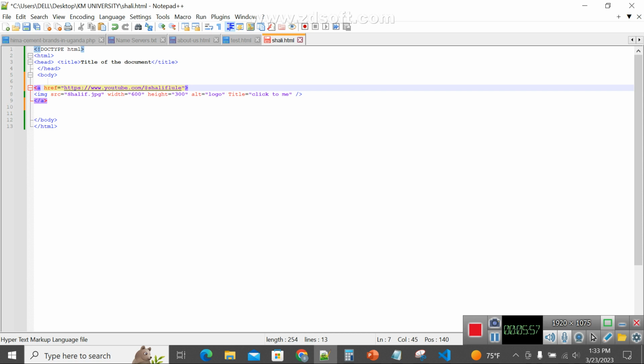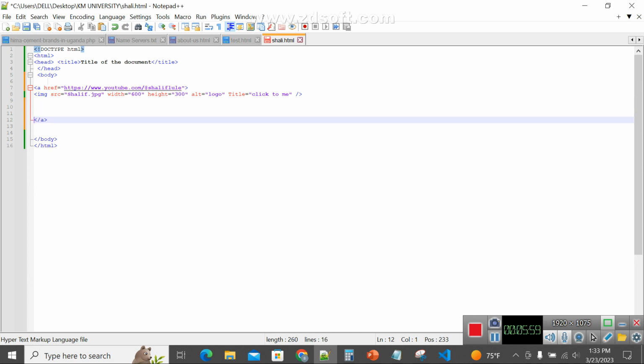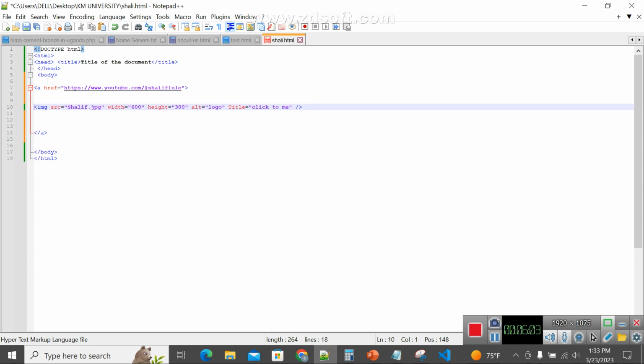Then I have to make sure that I close my what? My anchor tag. So within the anchor tag, it's where we put the what? The image tag. So my image tag, this is how we write it. You begin with this angle bracket, then img src equals, this is the name of my image,